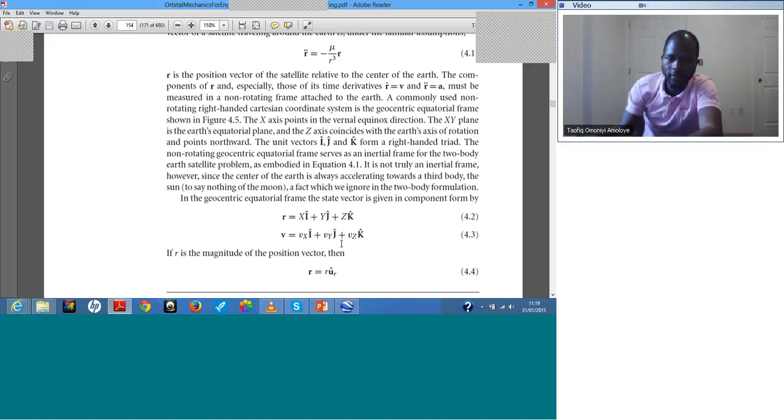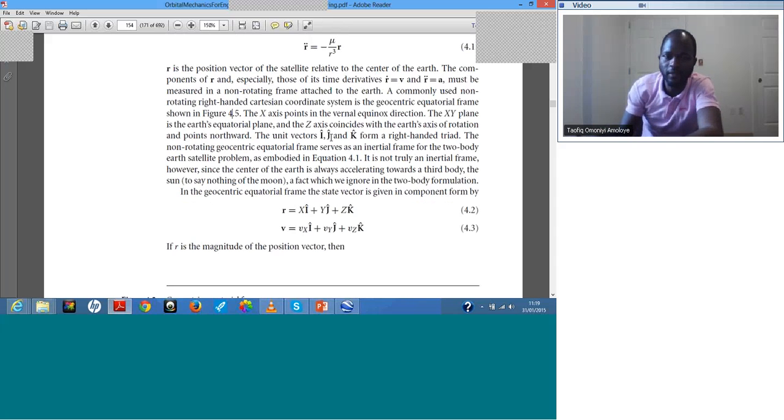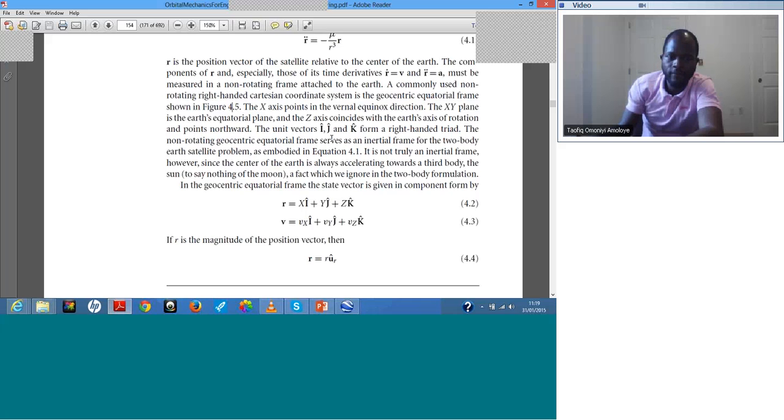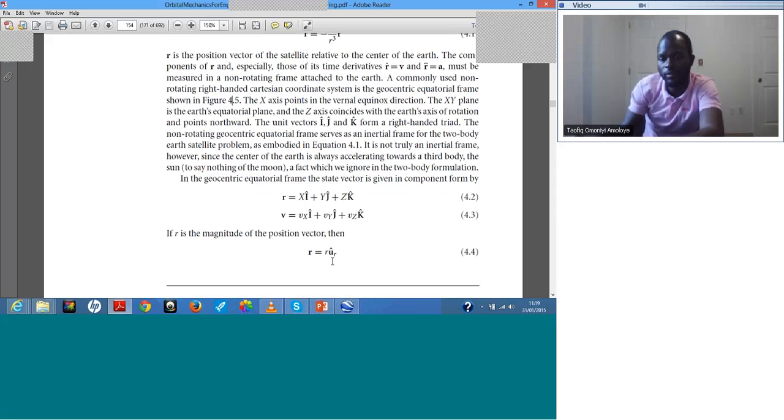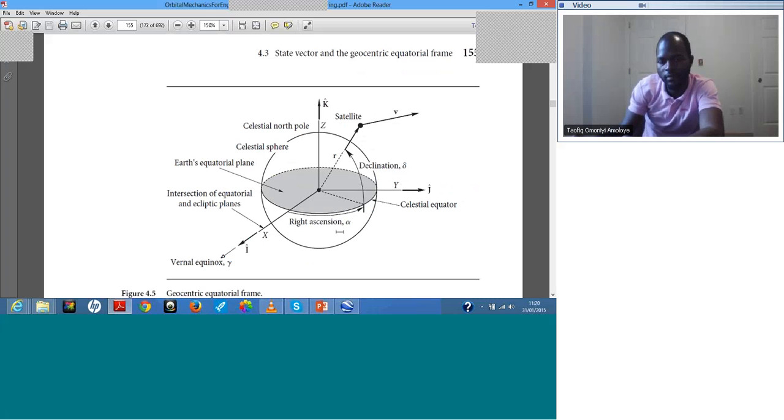And then the velocity is just the differential of the position vector, so vx, vy, vz. So it has some component of velocity in the X direction, in the Y direction, and then in the Z direction. If R is the magnitude of the position vector, then of course, using vector notation, we will have the position vector to be equal to the magnitude times the unit vector in the direction of